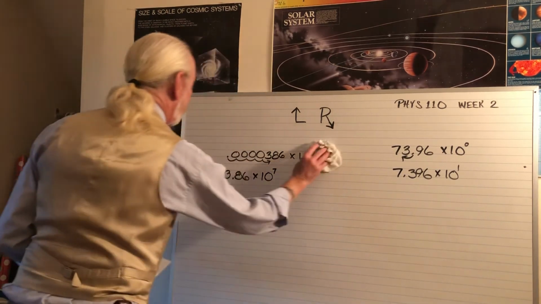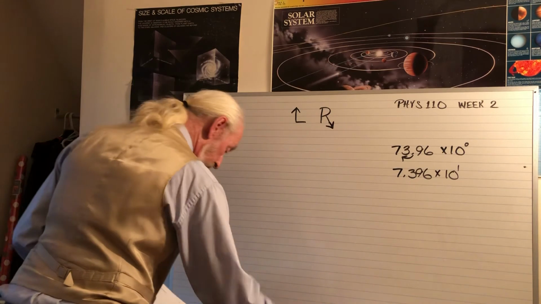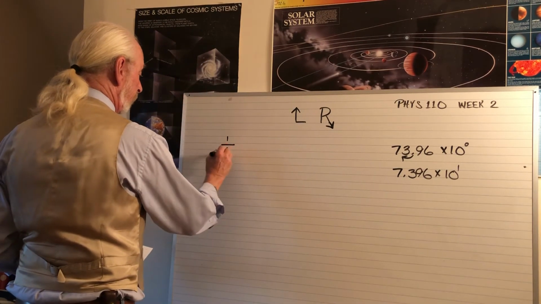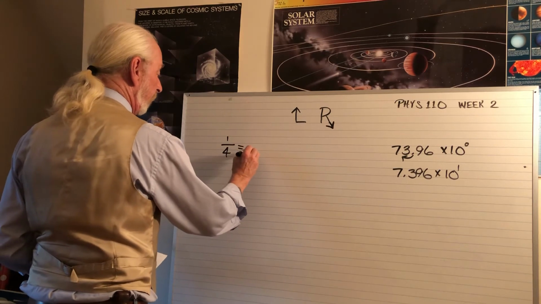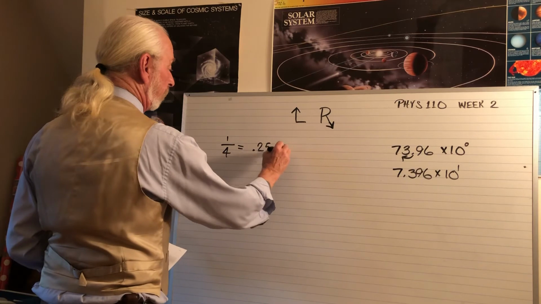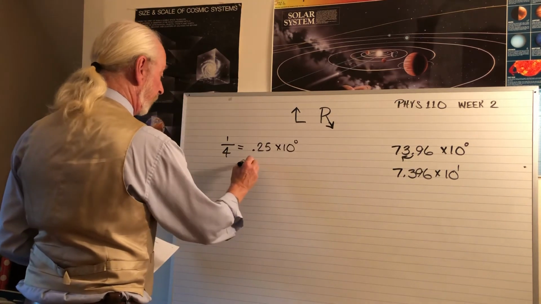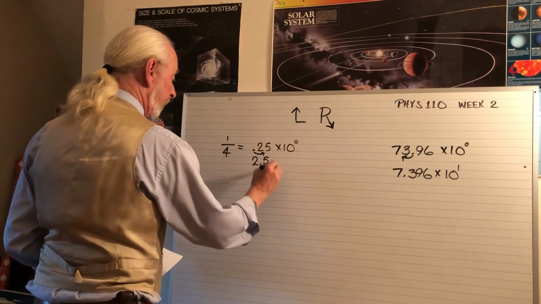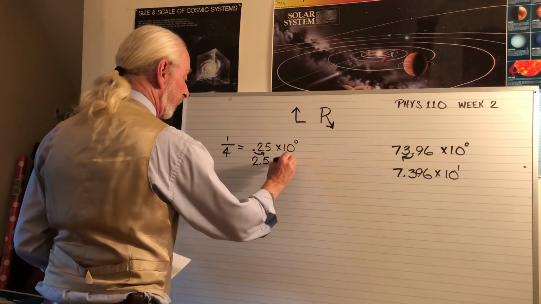Okay, this one I threw at you to see what you do with it. 1 over 4. Well, you bash that on your calculator, you get 0.25. I'll slap a 10 to the 0 on it, and now I'll make it 2.5. I went to the right, times 10 to the negative